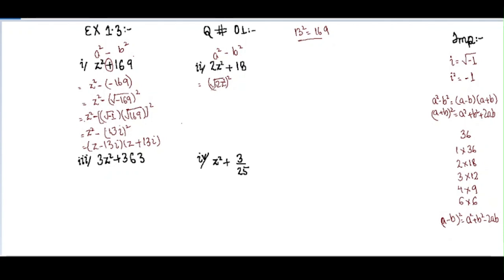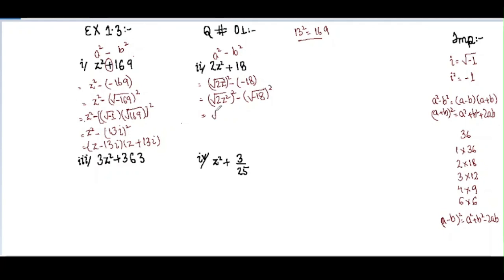Now when this square and square root cancel, we again get the term 2z square, so there is not any physical or visible difference. Now there is a negative sign over here, so we are also going to write a negative sign inside the brackets, and then 18 as it is. Now square root of 2z square is to be written as it is, square root of 2z square whole square minus, now we are again going to draw an under root over here, under root of minus 18 whole square. Now we get square root of 2z square minus square root of minus 18 whole square.